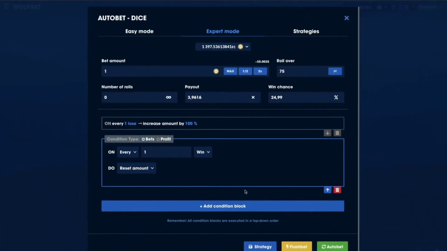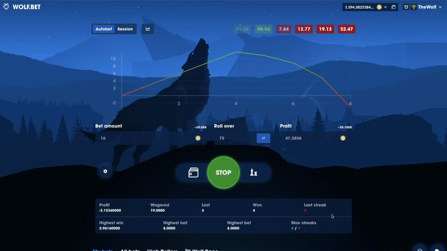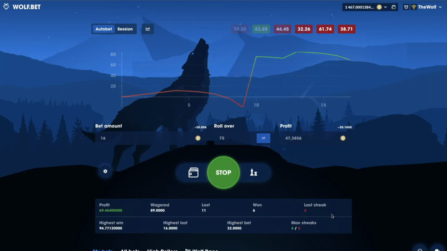When you set reset amount, there has to be a previous condition that makes your balance increase or decrease. For example, let's say I have a condition that already makes my balance increase by 100% on every loss. Now, if I choose reset amount on every one win, my bet amount will double on every loss, but goes back to normal after every win, which is basically how the martingale strategy works. As you can see, after each loss, the bet amount increases by 100%, but after each win, it goes back